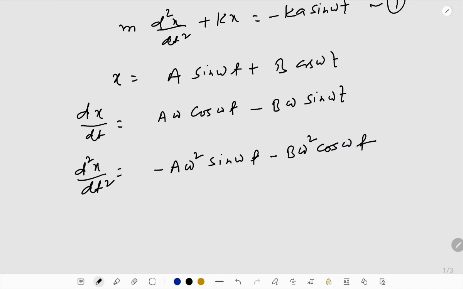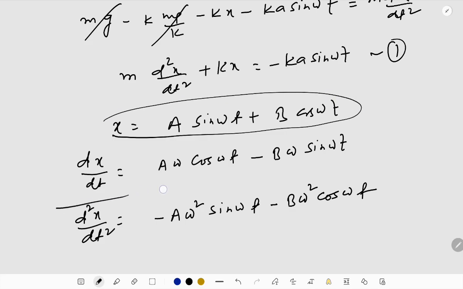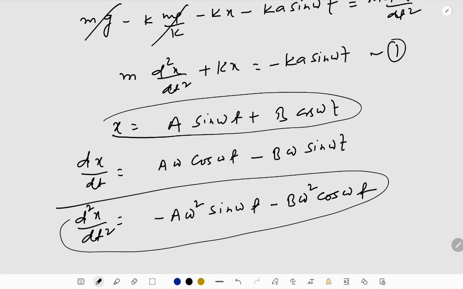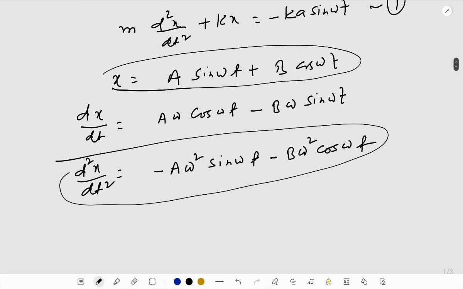And we have to put all those values, this value of x and this value of d2x upon dt square into this equation. We are dealing with a forced oscillation, so we will not need dx by dt, of course. I know. So this is all right, and I'm going to write down the equation. So it becomes m